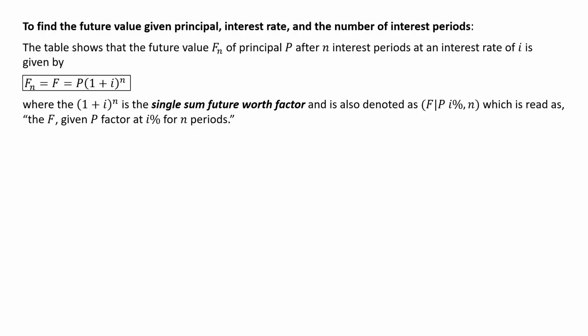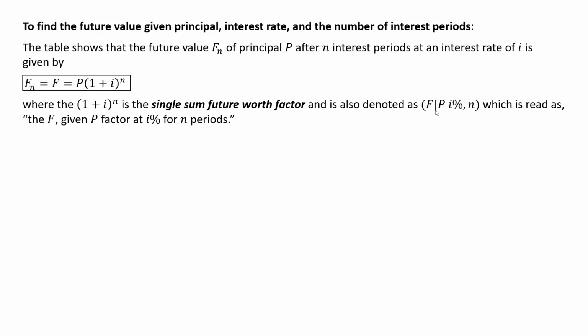Cool? So this (1 plus i) to the n in this case is called a single sum future worth factor. That kind of makes sense, right? If all you have done is invest a single amount of money, P, and in the future, what would it be worth? That is the future worth factor, this (1 plus i) to the n. Take your single investment of P, multiply it by (1 plus i) raised to n, and you get the future value after n years. So that is the single sum future worth factor, and it is also denoted as